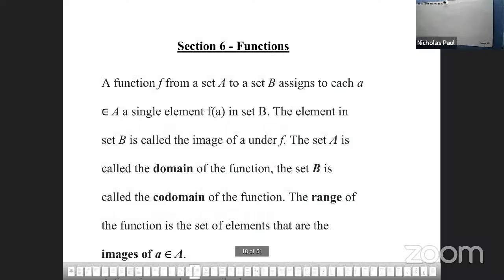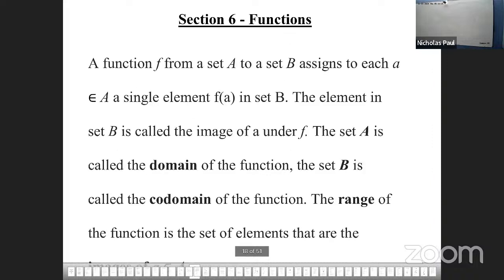Let's run through these definitions. You don't have to write this, you have it already. You can make little notes in your book. I'll show you those two important things to write. First things first, if I give you a function,